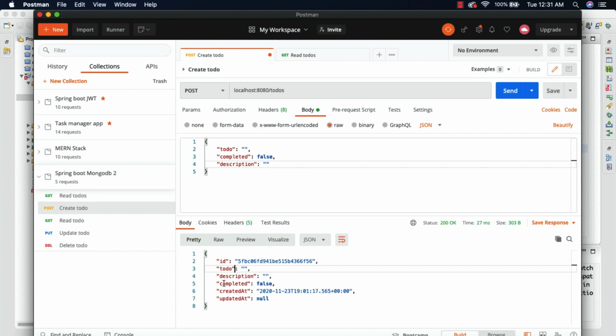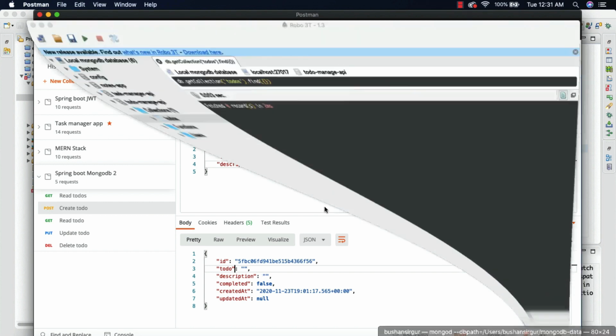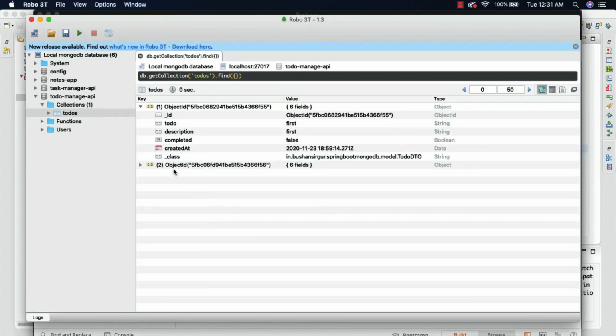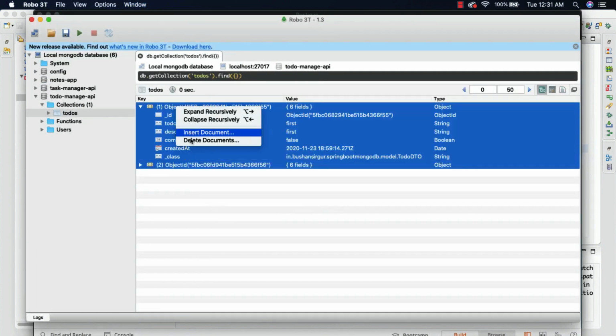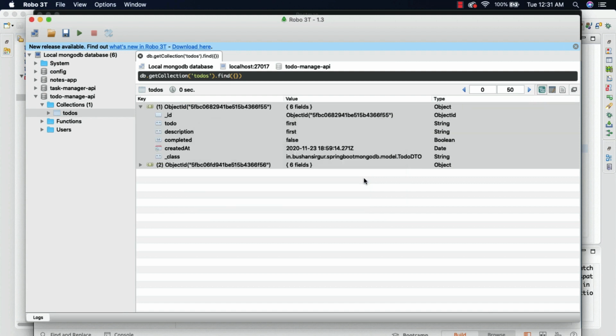So before sending like this, we have to show a proper message to the user, so that if the user tries to send null values, or tries to save null values, we can show those error messages or the validation messages. So let's see how we can do that. Let me open my Robo3T and refresh this, and let me delete these two records. So now we are in a clean slate.